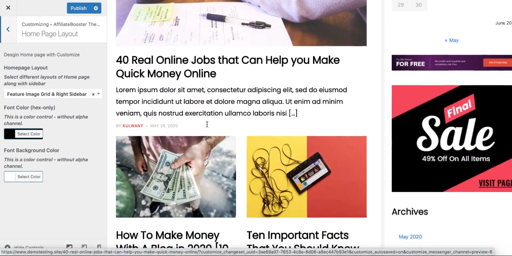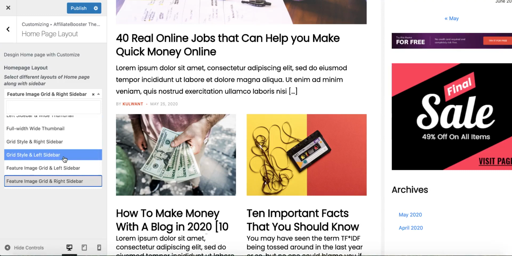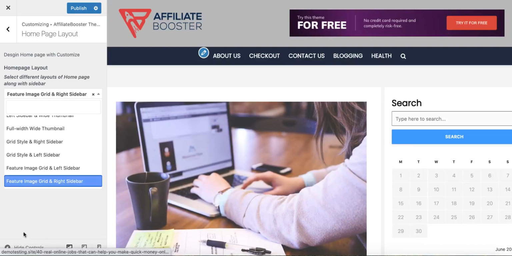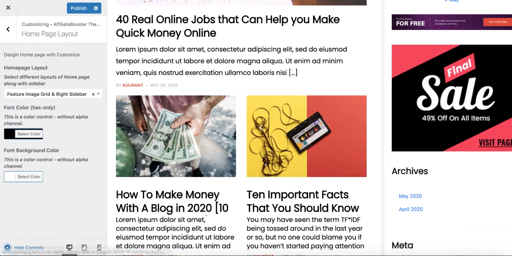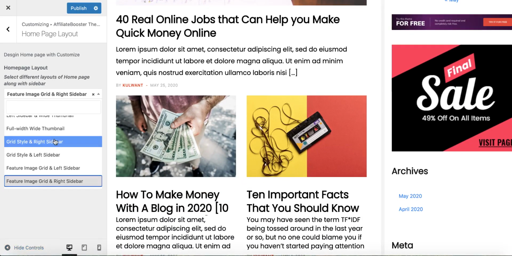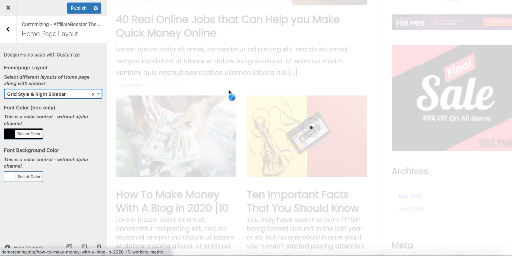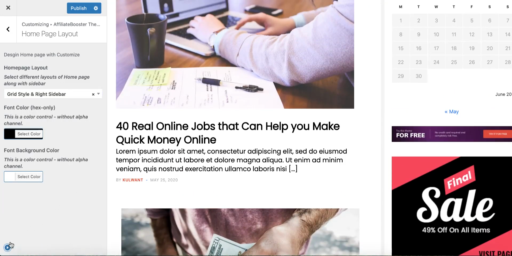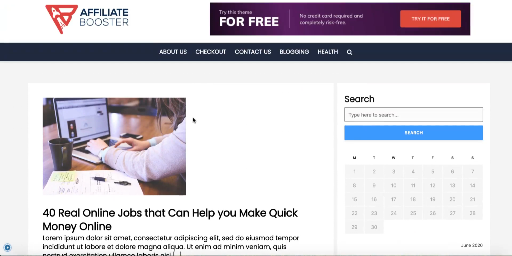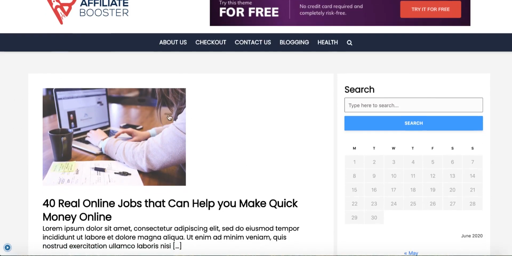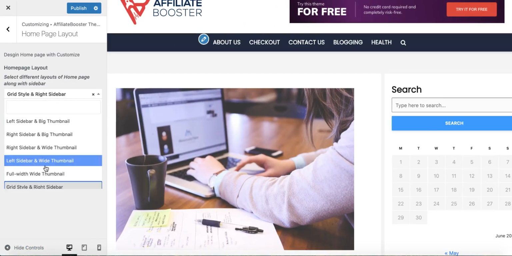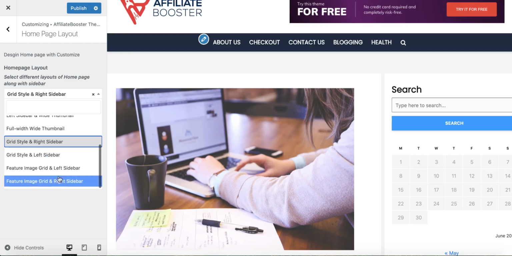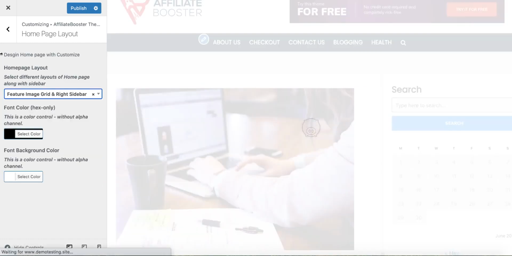For the home page layout, we have given, I think, 6 or 7 layout designs. This is the first layout, where you can see the first image as the bigger one, and after that there is a grid. If you don't want this feature, simply go there and select grid style and right sidebar. Once you do this, you would see the grid. Right now there is some issue, my developer is fixing that, but you would see the grids here, one image here, another one here. Here we have given all of the options which you can play with, and then you can have whatever design you want.